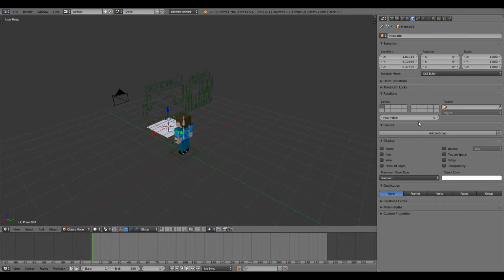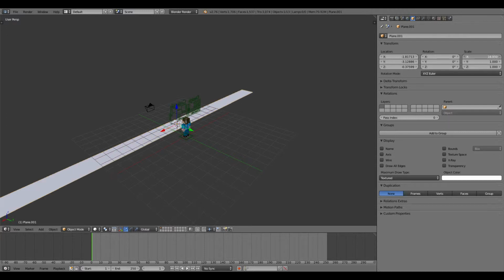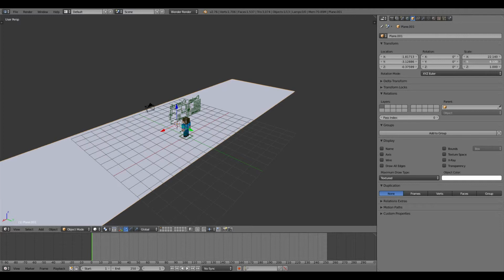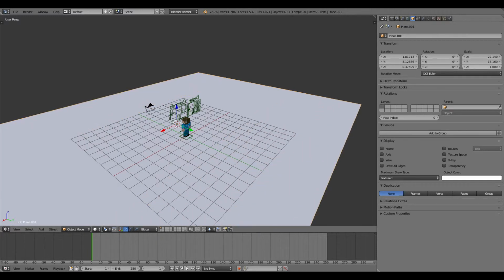Now, what we want to do is first things first. We want to extrude. I really want to find out. Actually, no. We want to make it bigger. So how we do that is you literally enlargement scale. Here we are. So I want this one to scroll up, I would say about that much. We won't need more than that, and Y probably won't need more than that. And